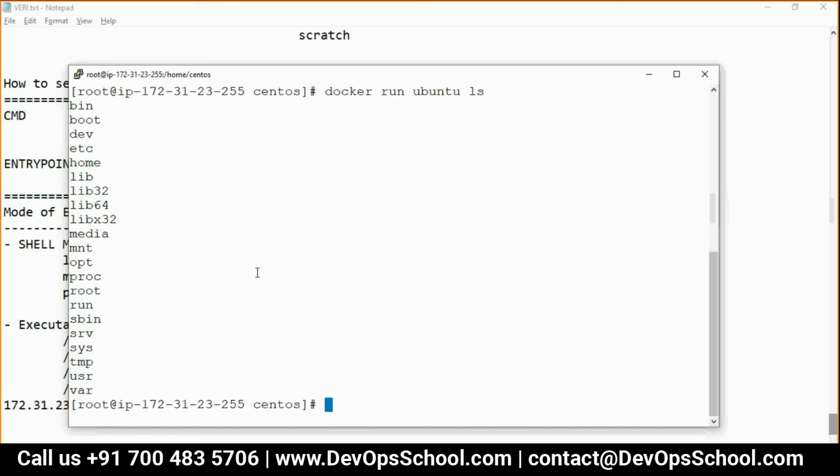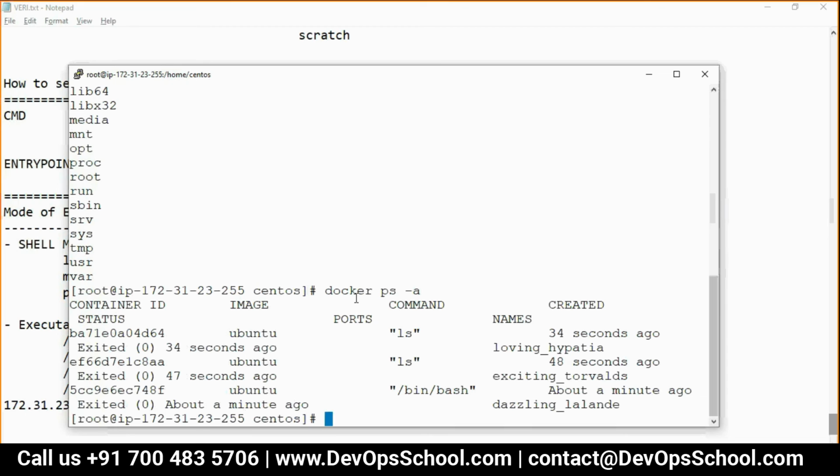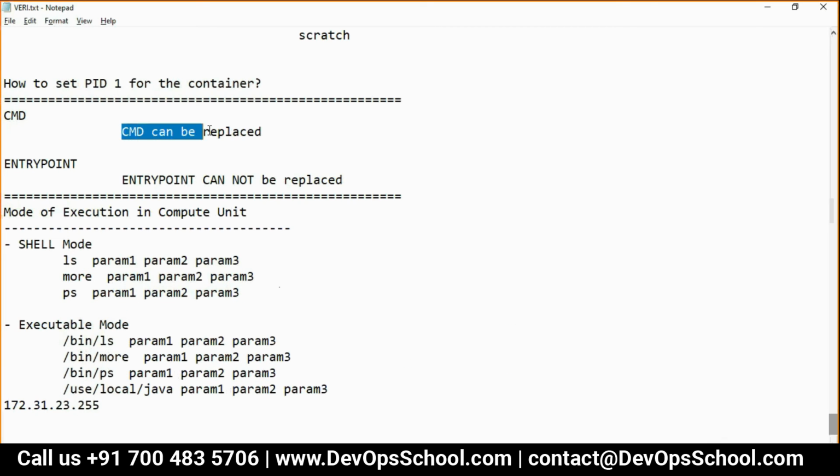So here the CMD, PID 1, can be replaced from the Ubuntu, which I said, CMD can be replaced.